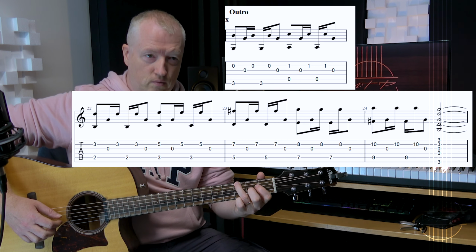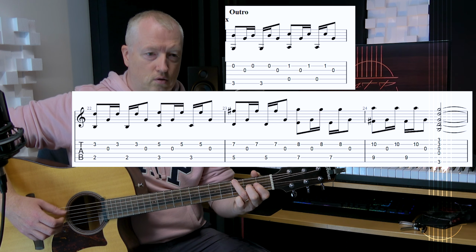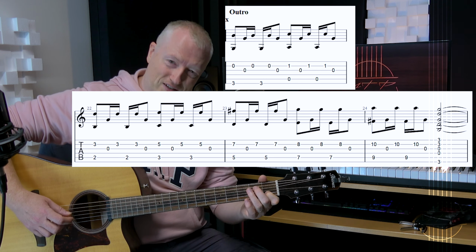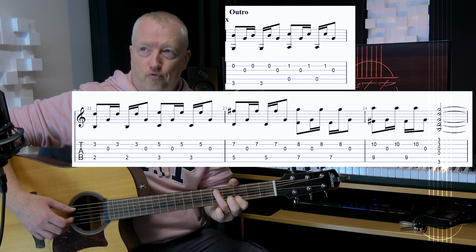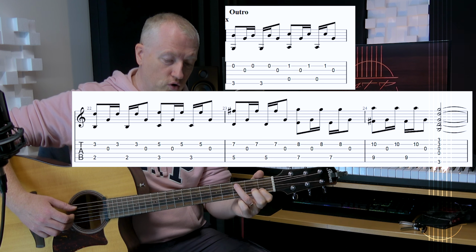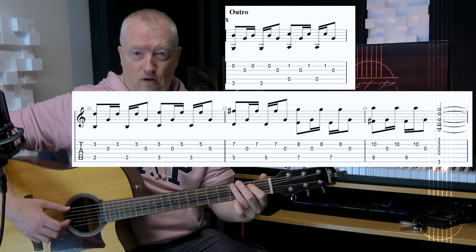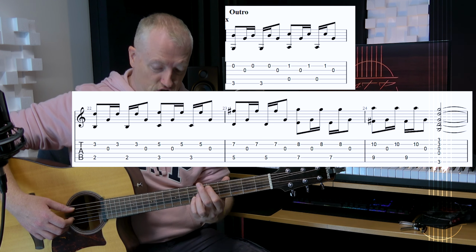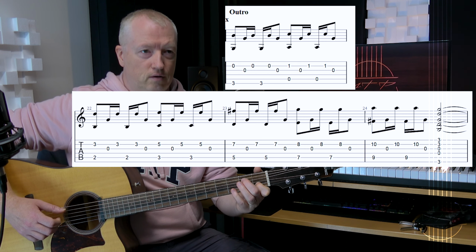So it's G, same as the verse. So the first three chords are the same as the verse. A, B. And then instead of going back down like you would in the verse, we're going to go up. And as with the pre-chorus and the home refrain, where you have to lift the finger off the root note to stop the string scrape noise, we're going to do the same thing here. We're going to lift the first finger off to avoid the string scrape as we move up. So we're going to go G, A, B,